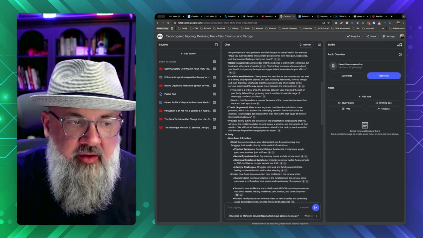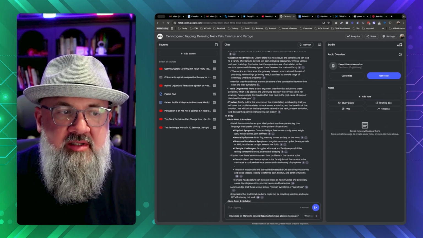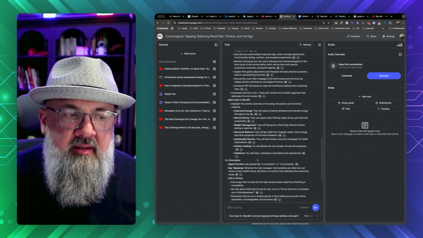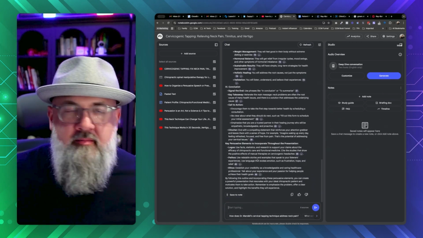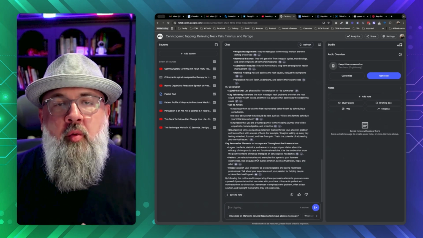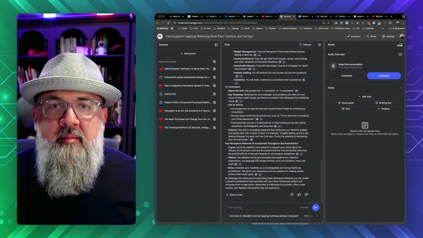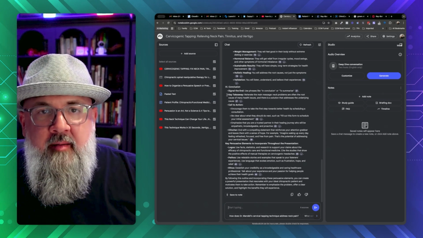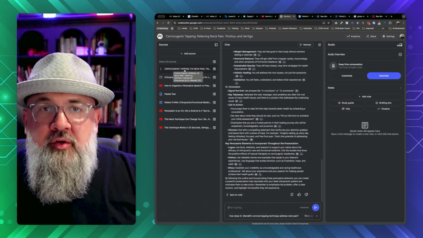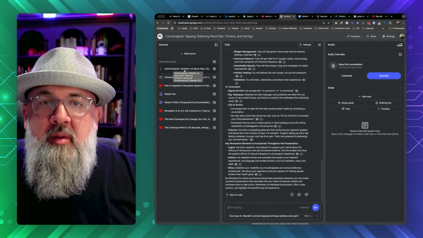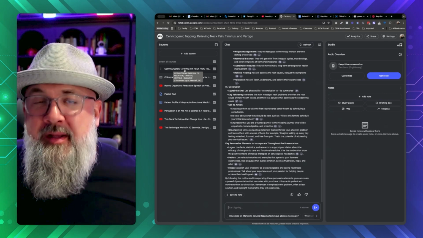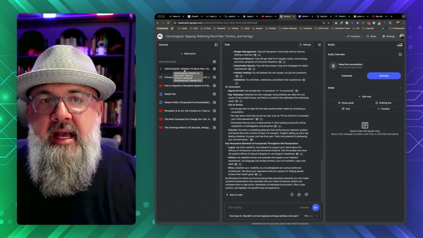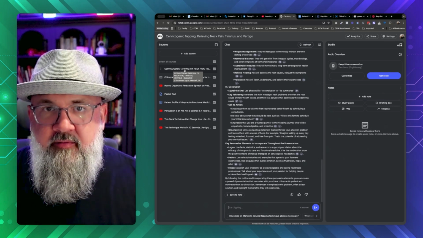And then we have the thesis or the argument, and then we have the body. Okay, what's the main problem? And then it just goes through here to the solution, the benefits, conclusion. You kind of see what we did there. So that's a great way to use NotebookLM. One of the many, many use cases for this tool. I use it all the time, especially if I see a YouTube video that is, let's say it's 20 minutes long, and I don't want to spend 20 minutes reading it. I will take that YouTube link, bring it over here to NotebookLM, and actually just upload it in here and then ask it to summarize it for me.